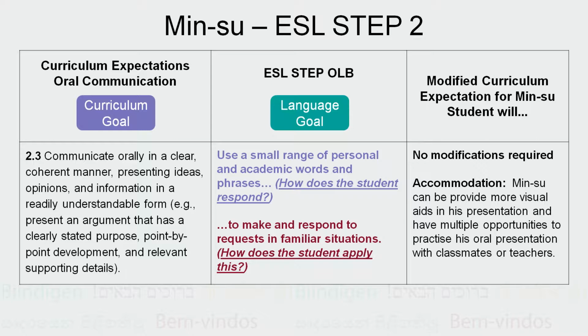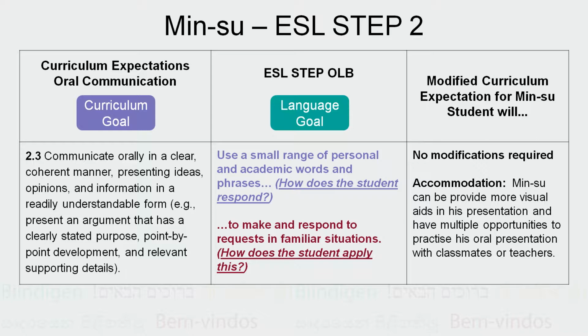We have listed the oral expectation being covered, which is 2.3. Communicate orally in a clear, coherent manner, presenting ideas, opinions, and information in a readily understandable form. We will focus on expectation 2.3. Now let's take a closer look at Minsu's ESL Oral Step 2 descriptor.